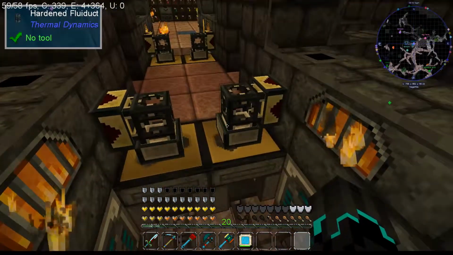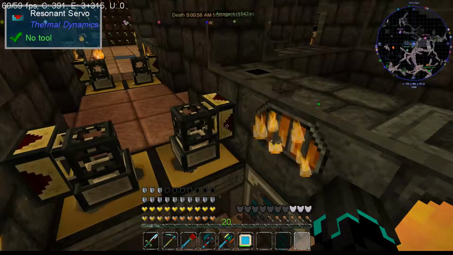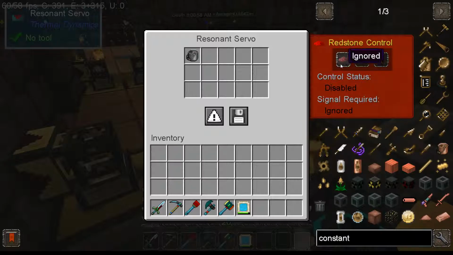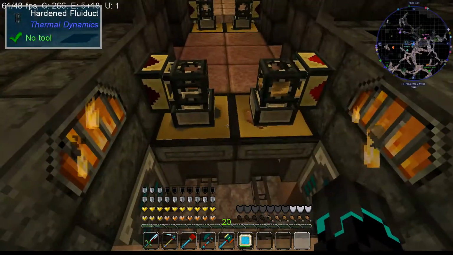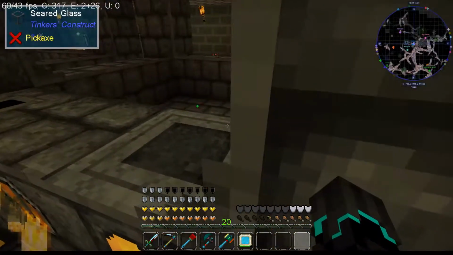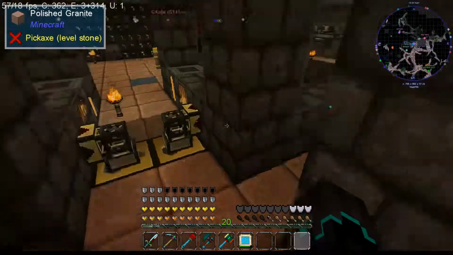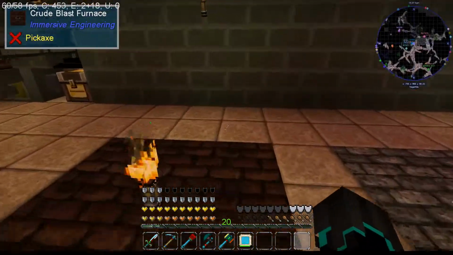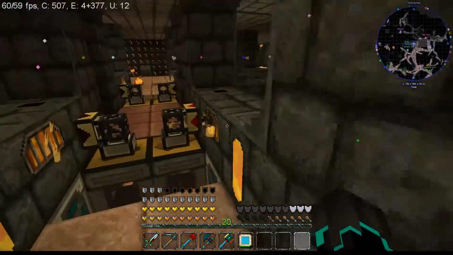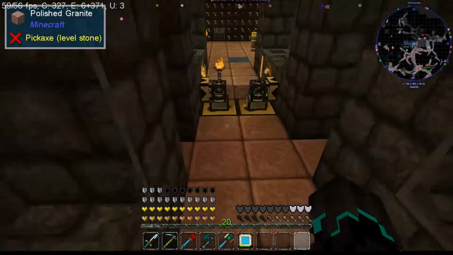As a heads up, it was recommended in the DDSS Discord that I don't use the smelter recipe for it, that I instead use the crafting table one. So I'd recommend doing the same, because if you try doing it in here, you're going to end up with